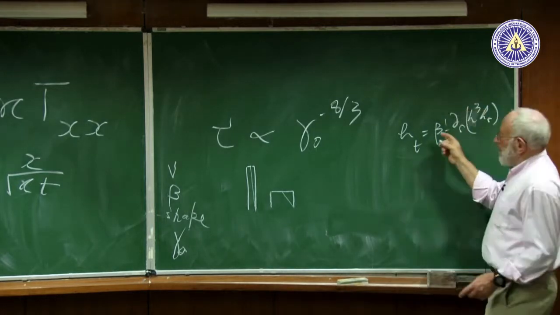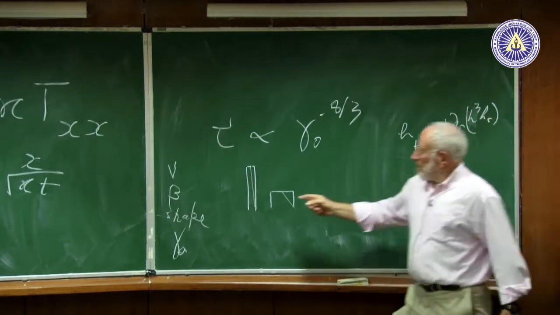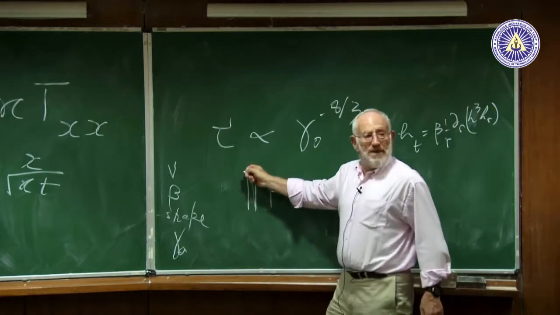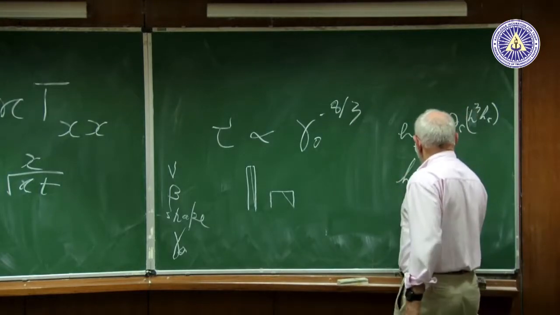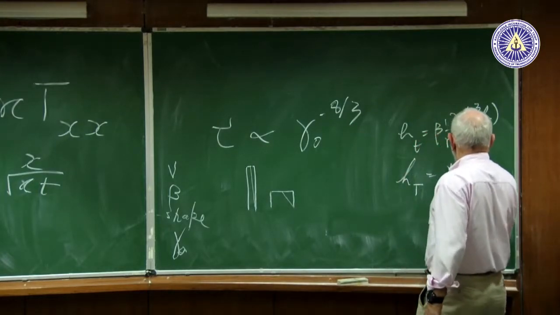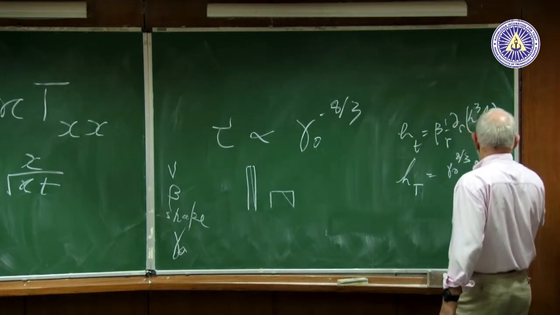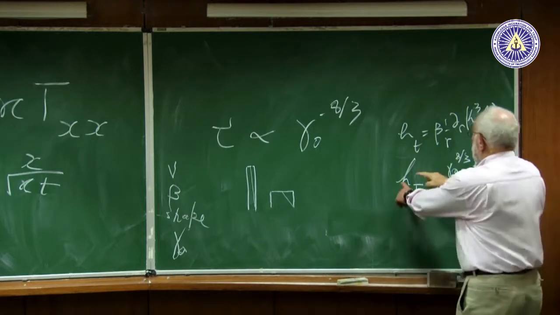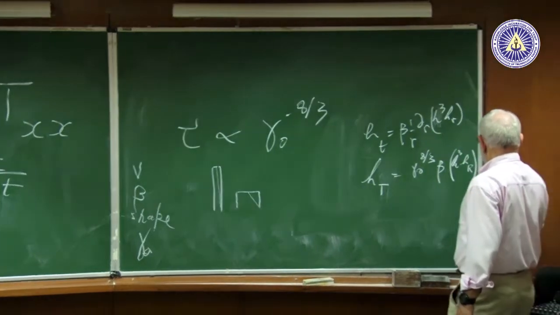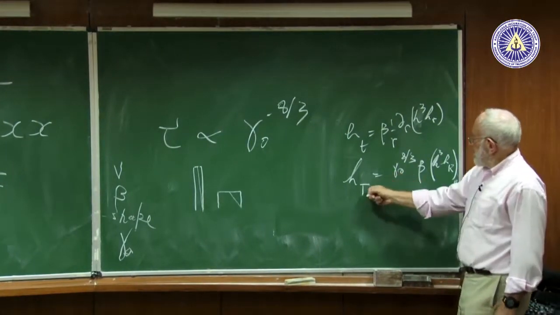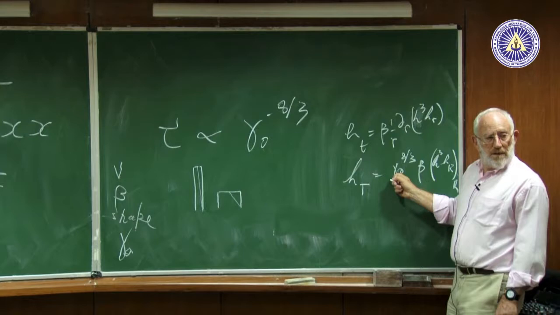That's all, yeah. So what I'm saying is I can non-dimensionalize this equation with respect to the initial height and the initial radius, and the only thing that comes in is gamma naught to the 8/3, because that makes it h_t equals gamma naught to the 8/3 beta times 1/r d/dr of h cubed h_r, where the h's and r's are now non-dimensionalized. I hope you understand that. So that just says that time has to go like gamma naught to the 8/3. Does that answer the question?